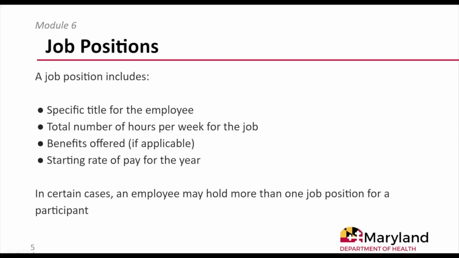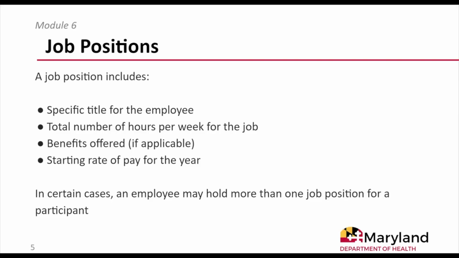Job positions. While the participant is planning for the upcoming year, they need to determine who will provide the Medicaid waiver services in their person-centered plan. Some Medicaid waiver services can be provided by employees that work directly for the participant. Job positions can help support the participant to think about the ways that an employee could provide support within the scope of the Medicaid waiver service. Job positions should not be created to serve the needs of the employee, but to serve the needs of the participant employer. When a participant chooses to hire employees, job positions help participants see exactly what support the employee will